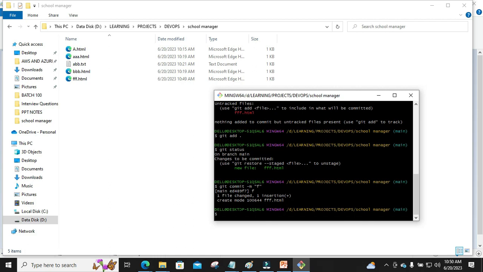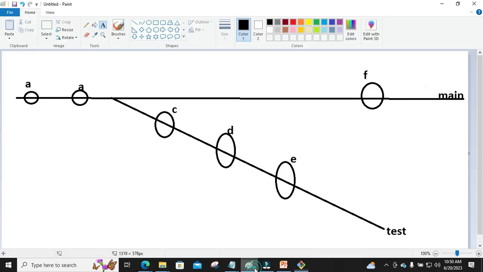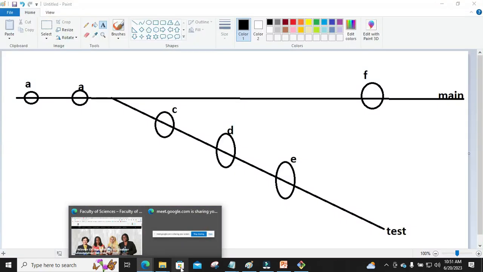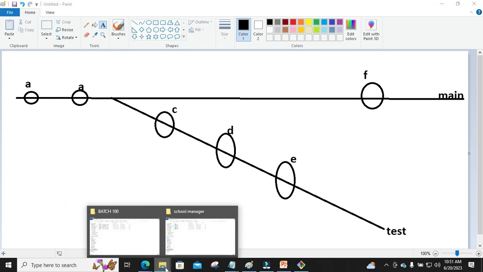Okay, look at something. I am in the main branch, right? And in the main branch, look at the various commits that are there. In the main branch, we have A, and F, right? In the main branch, we have A commit, and F commit. And the A commit that we have here is